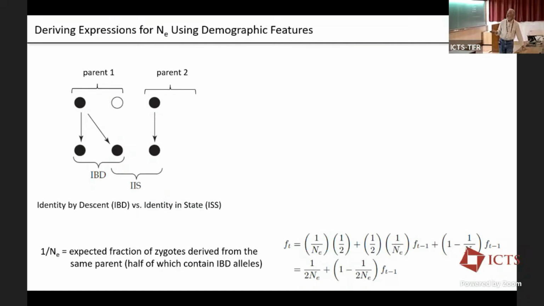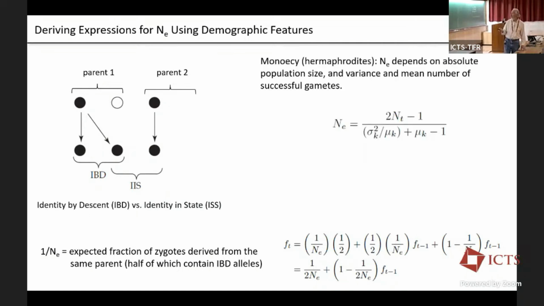And if the two alleles in a zygote are derived from the same parent, there's a 1/2 chance that they came from the same allele in the same parent. And then you can write down recursion equations like this that explain the increase in the degree of identity by descent over time. And so there's a 1/2, that's the probability of drawing alleles from the same parent, and half of the time they'll be identical by descent. If they're not identical by descent immediately, they might have been identical by descent from some preceding generation and so on. I'm just trying to give you a general flavor for what people are trying to get their heads around when they're thinking about the concept of effective population size.